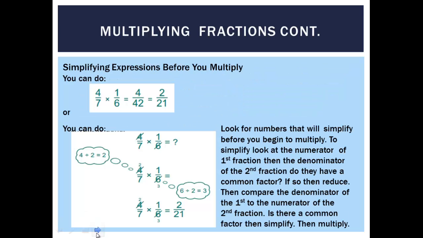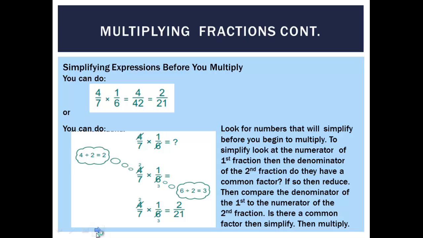Multiplying fractions continued. Simplify expressions before you multiply. You can do 4/7 times 1/6 equals 4 over 42, or you simplify that to be 2 over 21. You're going to hear me in later topics saying pre-simplify, and that just means we're not waiting till the end to simplify. There are many situations coming up where simplifying throughout the process will make your